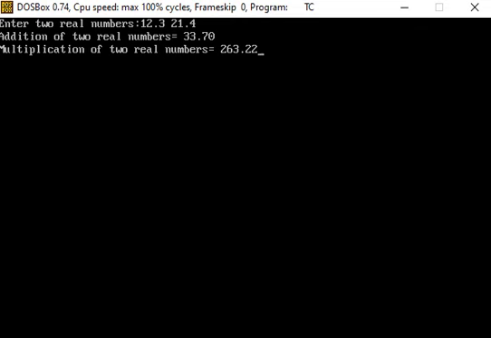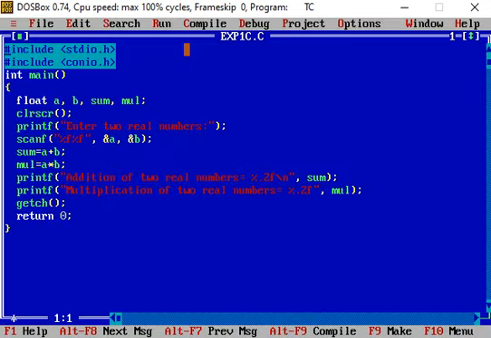To go to the coding screen, we press the enter key, because this output screen is held by the getch function. So unless and until we press any key, we can't go to the coding screen. So press the enter key. Now we are in the coding screen.